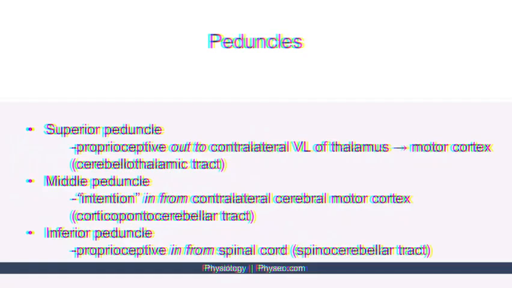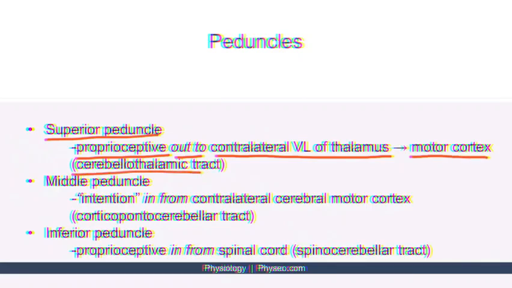So now let's review the peduncles. The superior peduncle will send proprioceptive information out to the contralateral VL of the thalamus. And from that VL, it will send information to the motor cortex. And this is called the cerebellothalamic tract, because it goes from the cerebellum to the thalamus, and then finally the